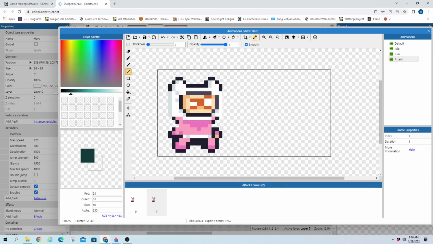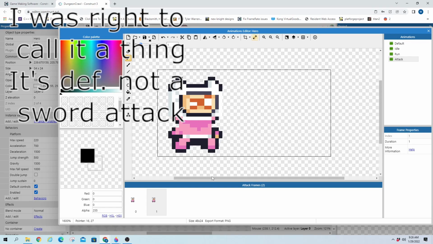And then I'm just going to keep this super simple. I'm going to work with two colors, just a black and a white color. They'll show good contrast, and it'll just be a fast image of some slash attack like thing. So I'm going to just start it inside my body,